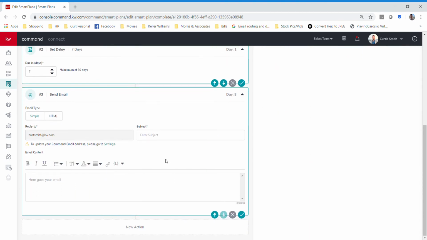So emails are fun because in Command Now, as long as you have your Keller Williams email set up, just like I have here, you can send automatic emails without paying for a subscription. It was very, very common back in the day of MailChimp that you'd need to have your MailChimp set up. But now you don't have to, you just have to have Command. So this would be your